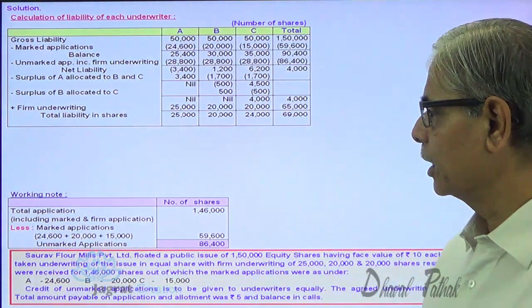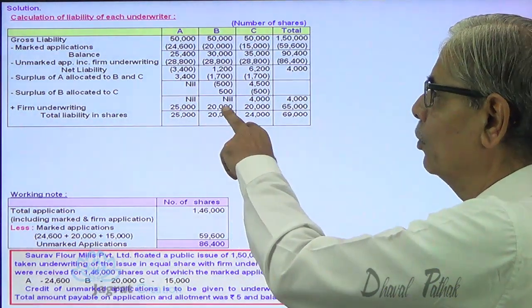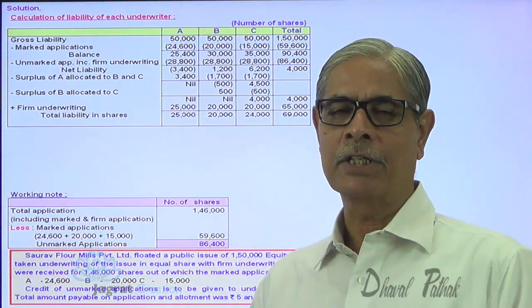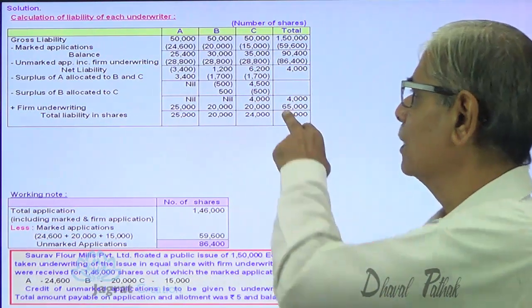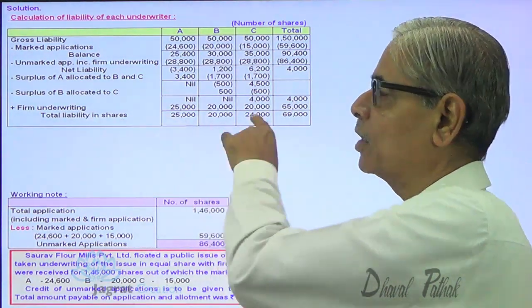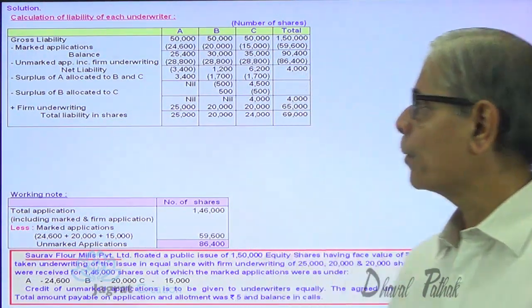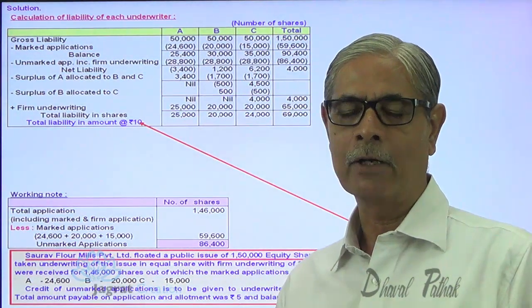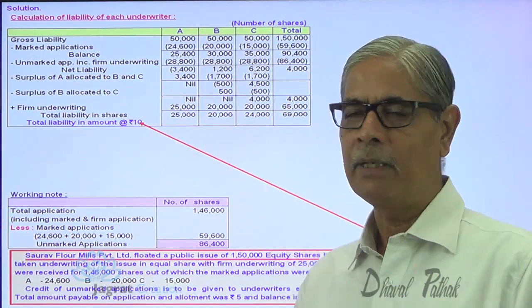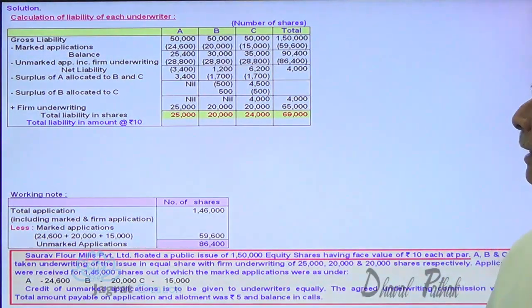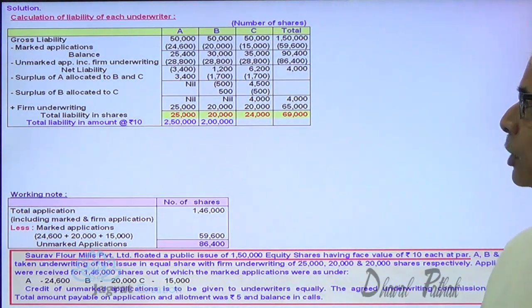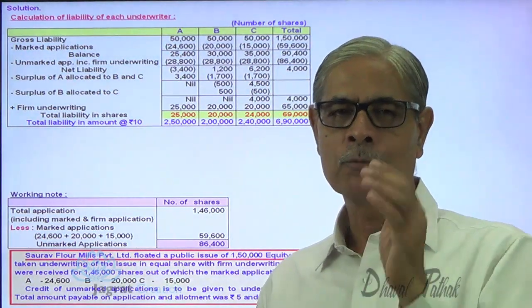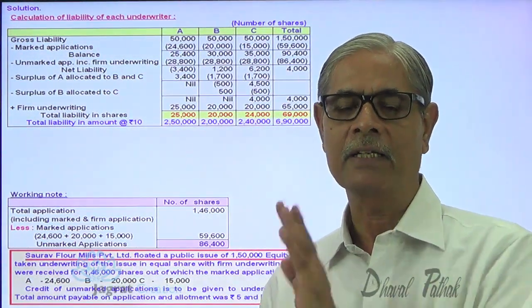The firm applications were 25, 20, 20. So that works out to be 65. 4,000 applications were short. So 65 plus 4, 69,000 is the total liability in shares of the underwriters. Now every share is of rupees 10 each. So multiply this number of shares with 10 rupees, so you will understand the total liability of each underwriter. So multiply with 10: 2,50,000, 2 lakh and 2,40,000. So 6,90,000. This is how the total liability and the individual liability of each underwriter is worked out